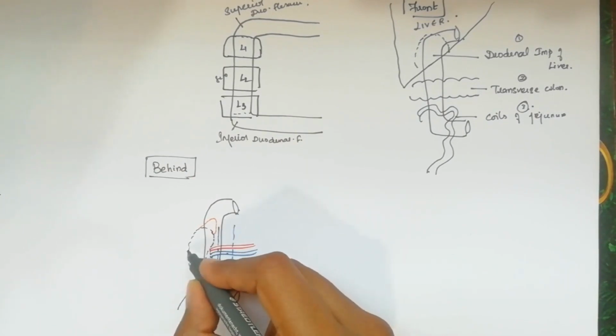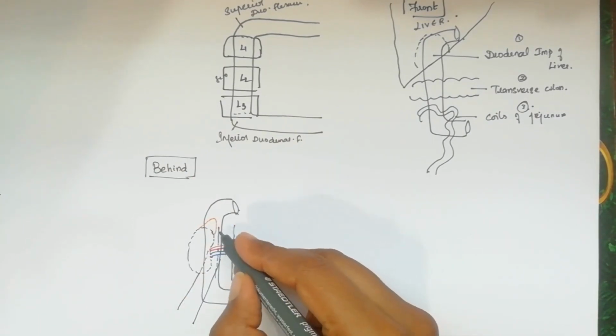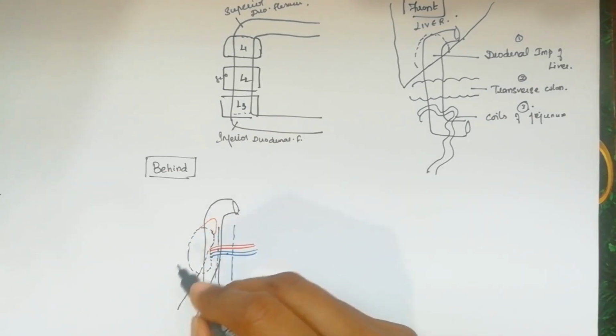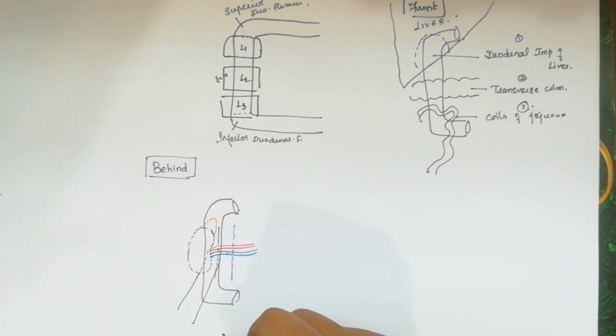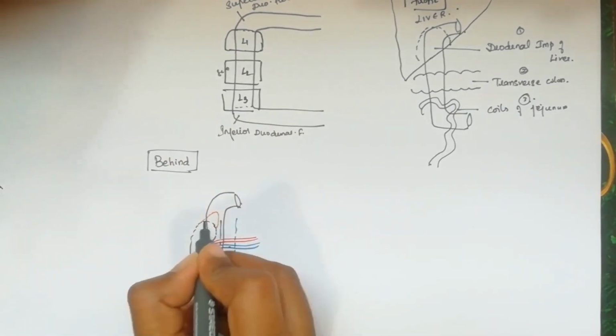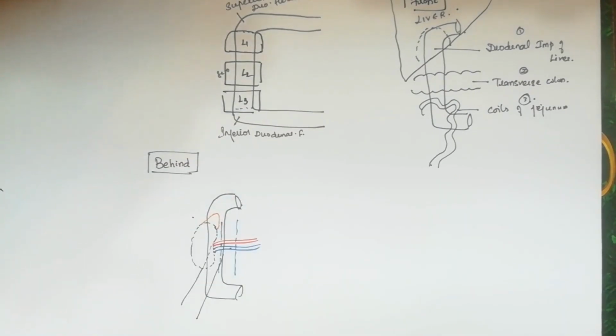So right side psoas major, right side kidney, right suprarenal and inferior vena cava with right renal vessels are related in the posterior aspect of second part of duodenum. I will repeat again. First relation from above downwards, we have got